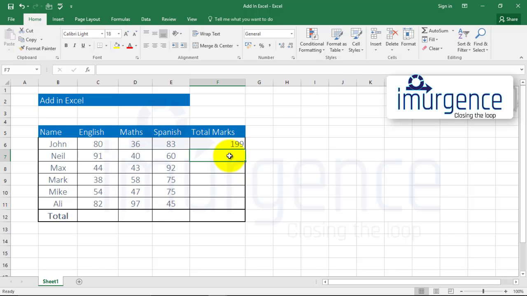That is one way. The other way is wherein you type in is equal to, open the bracket, type in the number like this, plus sign, type in the number, enter the plus sign, type in the next number, enter the plus sign and close the bracket. This is one way. Another way,